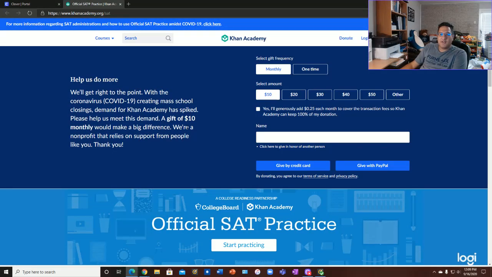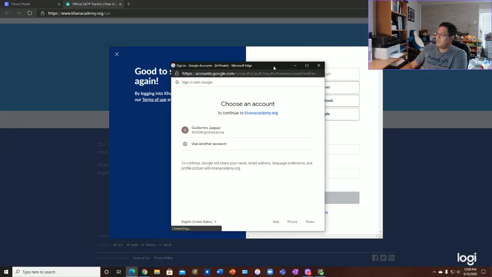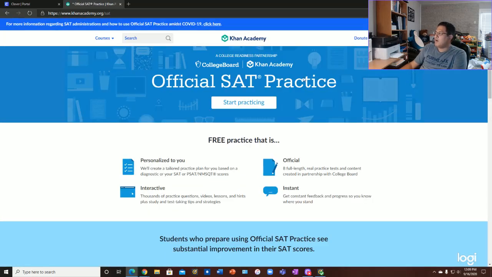And I do need to log in, so over here in the upper right corner where it says login, I'm going to go ahead and click on that. Now I do want to log in with Google, so I'm going to go ahead and do that. And let me go ahead and log in. So I am going to go ahead and use my Google account. Use your standard DISD login information for that. Once you have done that, it will log you in, and you should have a screen that looks something like